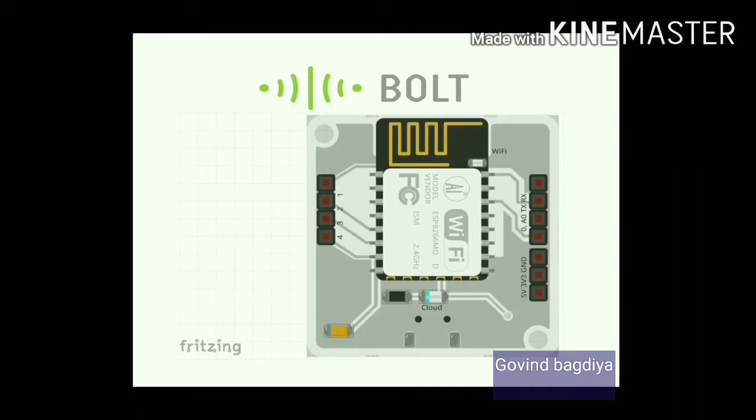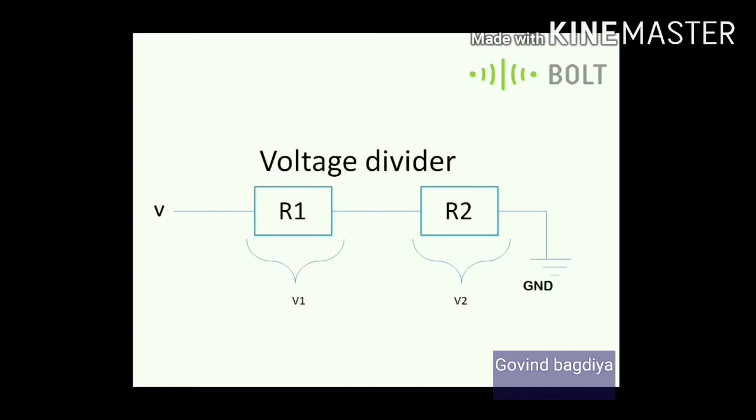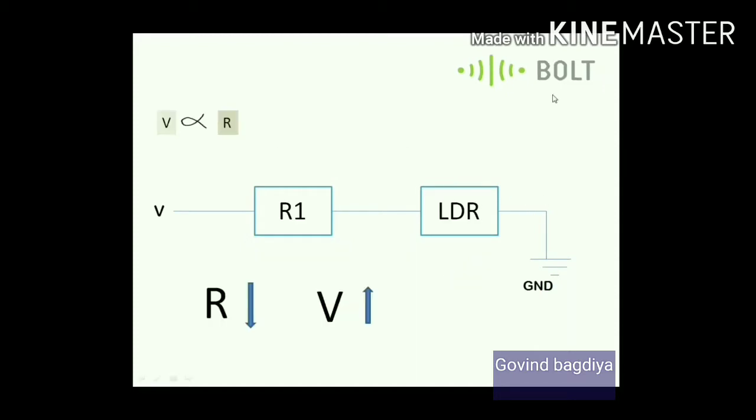To convert the change in resistance to a change in voltage, we use the voltage divider circuit. This is the voltage divider circuit. One of the resistors is replaced by the sensor. We are replacing it with the LDR sensor, in series combination with a known resistance value. We are using a 10 kilo ohm resistor across it, and a known voltage is applied across this voltage divider circuit. We are applying 3 volts across it.